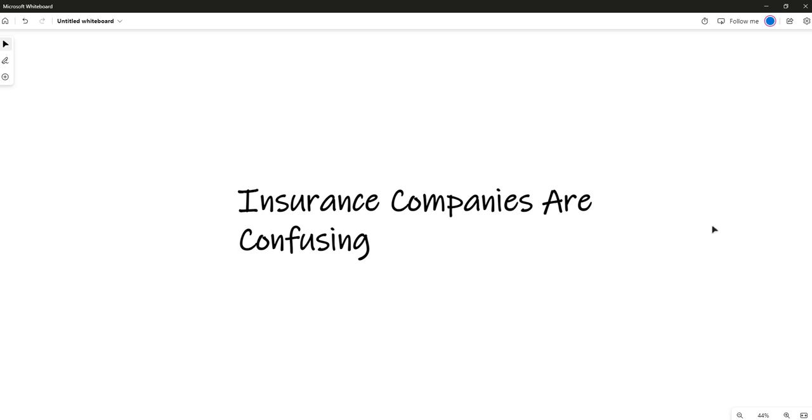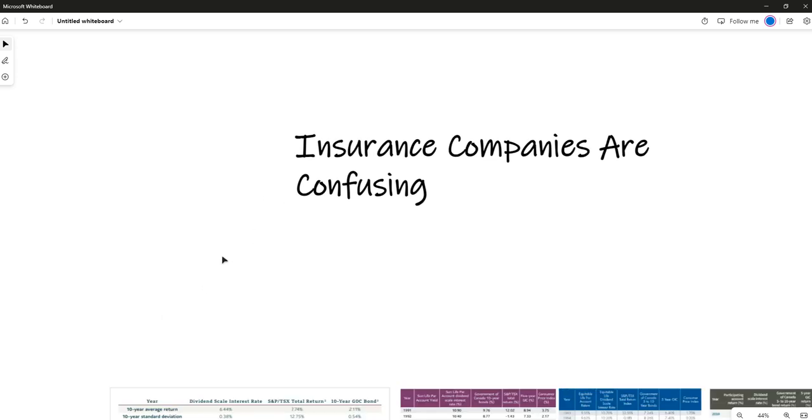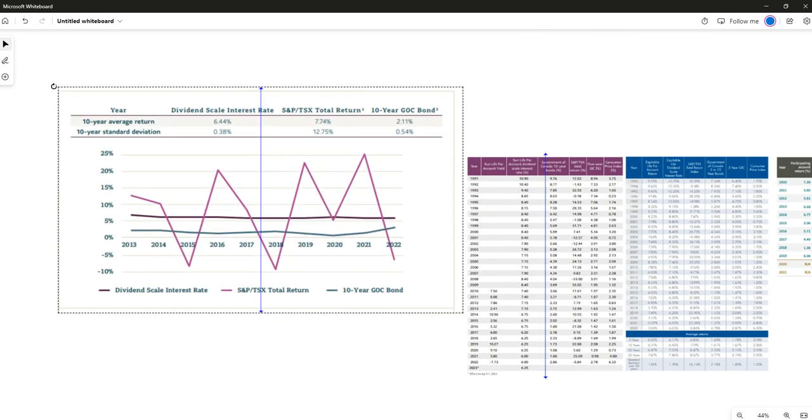Today, we are going to be discussing why insurance companies are confusing at best, misleading or disingenuous at worst. So, if you've ever looked at a brochure for any of your participating policies with any of the companies, whether it be Equitable, Sun Life, Manulife, Canada Life, any of the companies that would be traditionally used for IBC or infinite banking concept or just cash value whole life insurance, you are going to see charts and tables that look